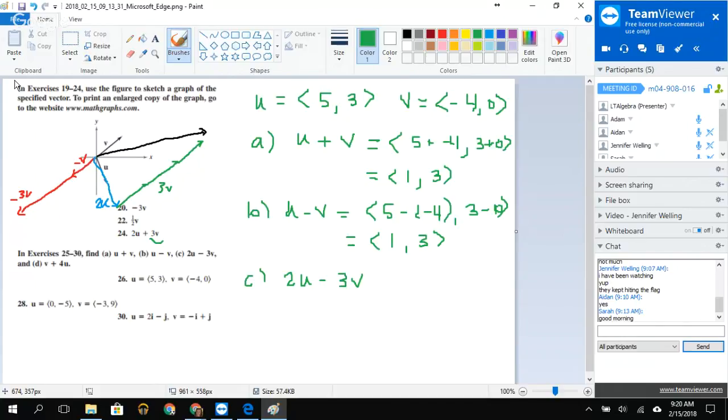Okay. Yeah, we have two different scalars that we're multiplying by. So I would go ahead and multiply each scalar first. What I mean by that is I'm going to do 2 times u, which is 5, 3. Yeah, you definitely want to do that first. Minus 3 times -4, 0. And just like with the distributive property, well, we have,